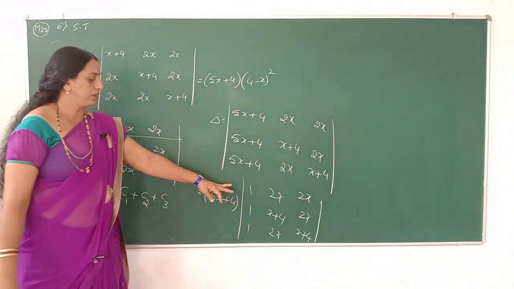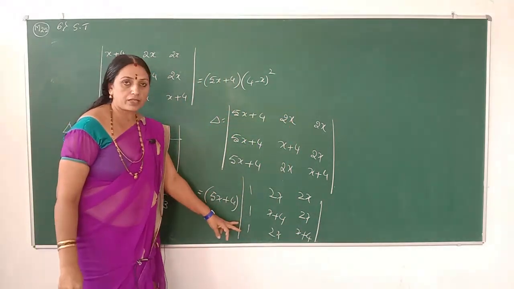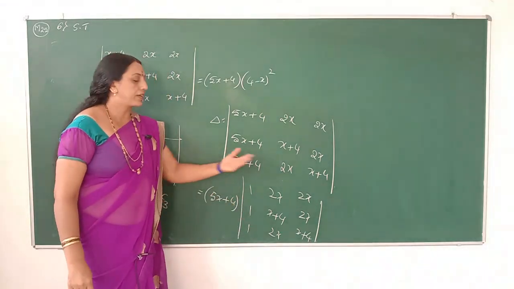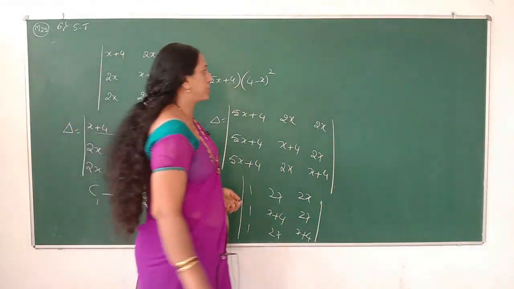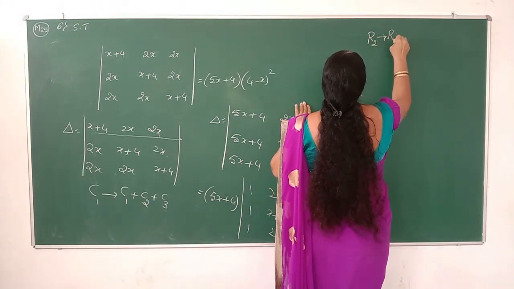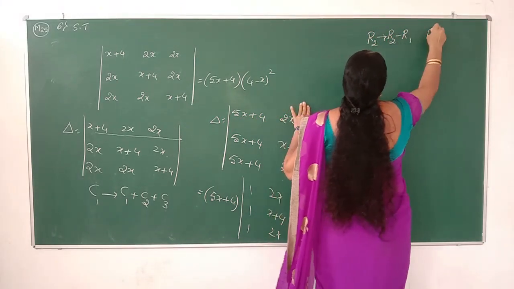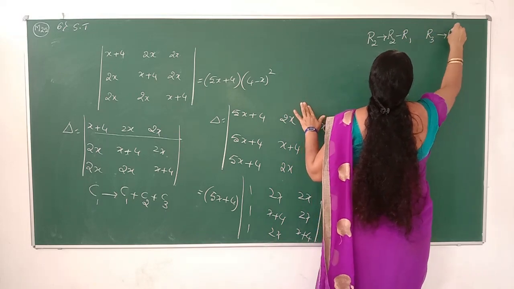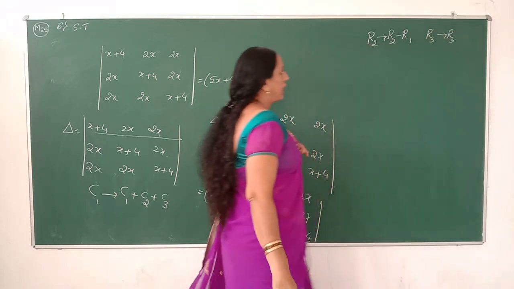Then we observe the elements of the first column are nothing but 1, 1, 1. Therefore we operate in the row formation. R2 can be changed with R2 minus R1, and again R3 can be changed with R3 minus either